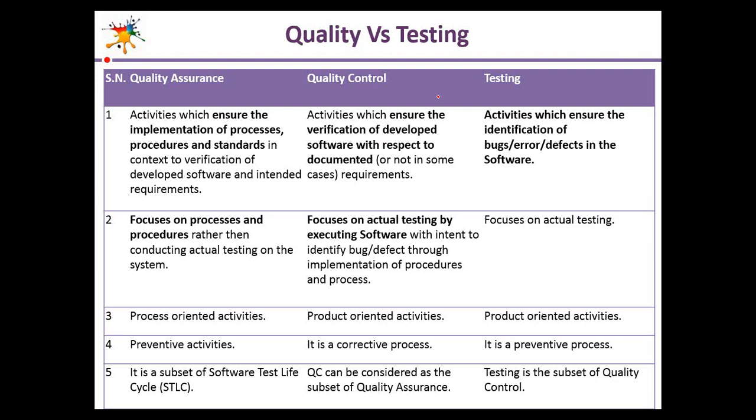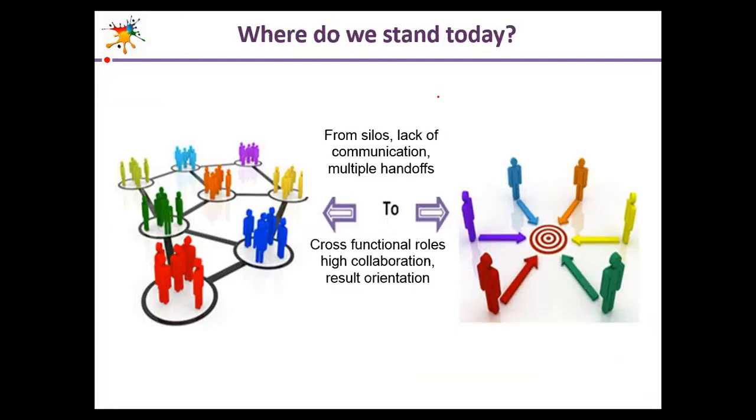So with all these things that we discussed till now, let us find out where we stand today. There is a huge paradigm shift from the earlier days where people used to work in silos and had to do many manual handoffs. But now you can see in the picture that organizations are more focused on cross-functional roles, high collaboration, and result orientation. That means with the demand of the market, with the speed with which the market wants the software,